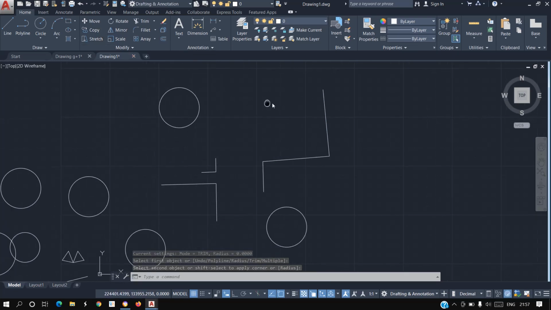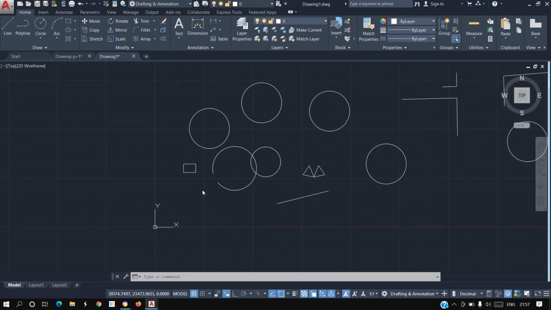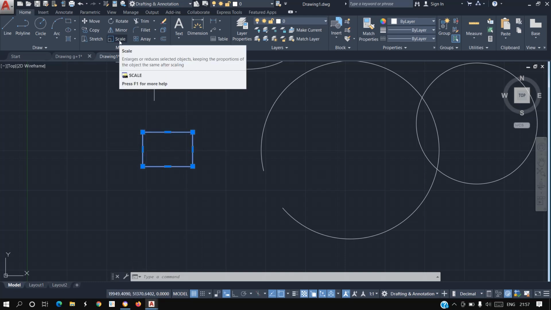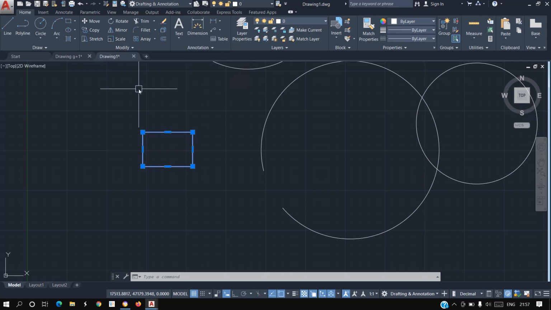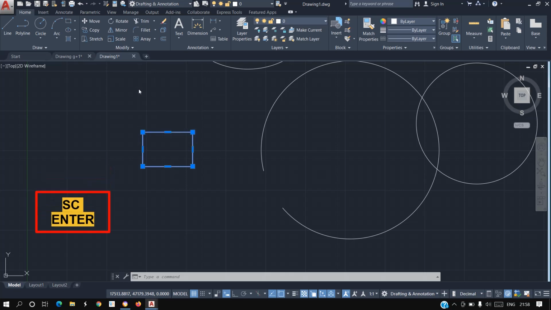Our next command is the scale command. In this command, you can scale the size of any object. For example, if I want to increase the size of this rectangle, I will select it first, then choose the command from here, or I will type SC, enter.